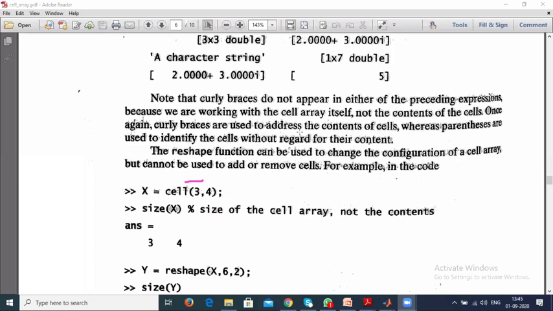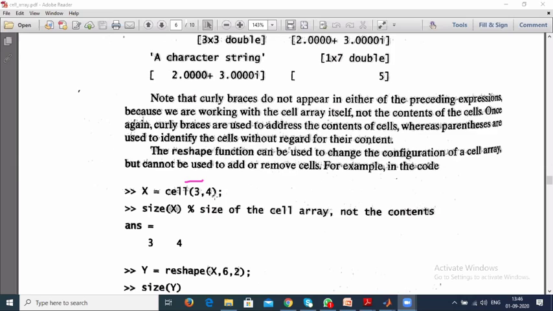We should not modify the size or dimension. You should not modify the number of cells in the array. Do you remember that or not? Okay. Here, if you check the size, the cell size is 3 by 4. For a 3 by 4 cell array, 12 is the total number of contents. You should not modify the number of contents here. Means you can have 4 by 3, or 6 by 2, or 2 by 6. You can have any reshape.